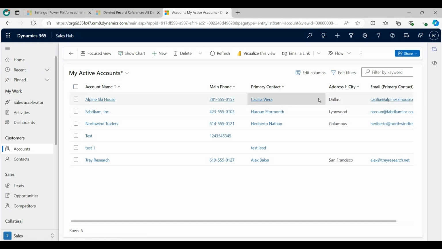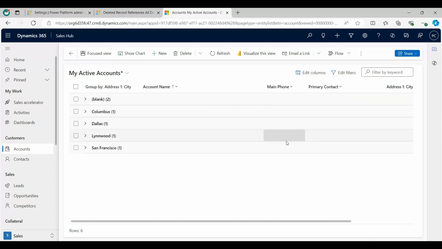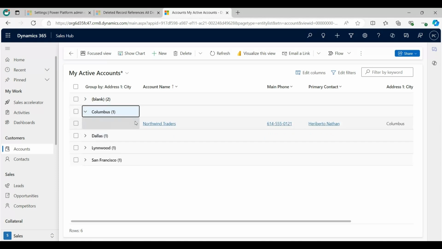Another grid enhancement allows you to group data in your view using a single column. Now I again click on the drop down and then click on Group by. I will group accounts by city. This offers an alternative way to organize your view by expanding and collapsing groups using data from the selected column. It includes the flexibility to have as many groups expanded or collapsed simultaneously as you need.